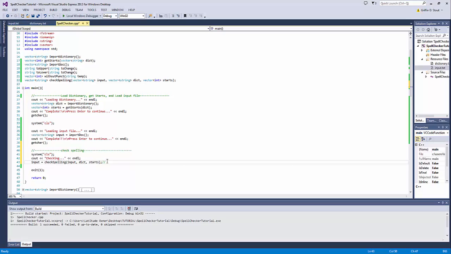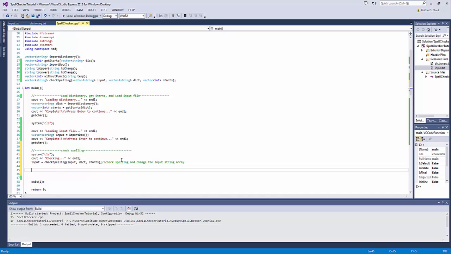So this is permanently changing what that input file is, and it will be capitalizing any words that, oh, we don't need a comment there. Well, I guess it'd probably be a good idea to have a comment. Okay, so we can say check spelling and change the input string array. Okay, so now that we have told them it is